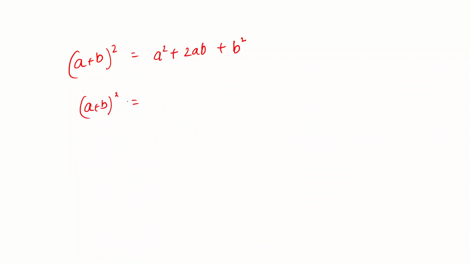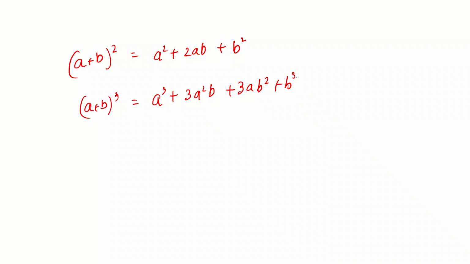So before diving into the actual topic, let me start from what you might already know. You probably already know this formula, (a + b)^2, which is equal to a^2 + 2ab + b^2. And you might also know this formula, (a + b)^3 is equal to a^3 + 3a^2b + 3ab^2 + b^3. These two formulas might already be known to you.